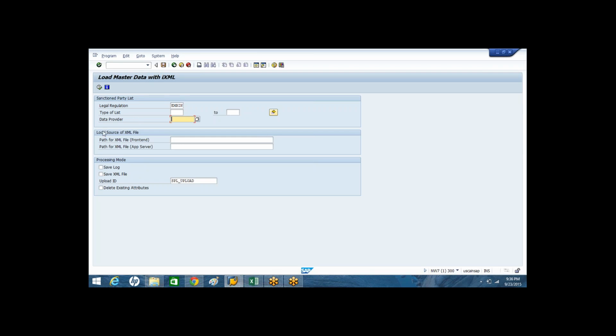And then there are 2 ways, as part of the automatic upload process, to maintain or upload SPL members. Can anyone tell me? I already explained, I think, day before yesterday. What is it? Path for XML file front end or path for XML file application server? What are these 2 things, and in which scenario can I use the front end, and in which scenario the application server?